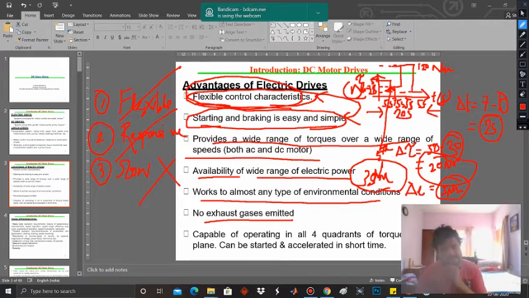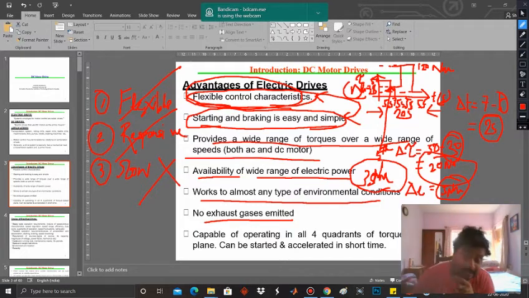So obviously it sounds a little irrelevant over here, but you see, since we are dealing with a system at this age of green energy and clean energy, we have to see if there is any emission or not. That is one of the major requirements. And yes, they do not have any exhaust gases emitted from them.